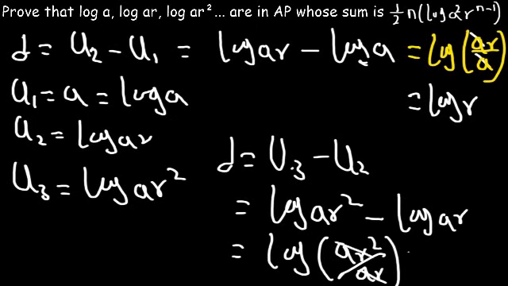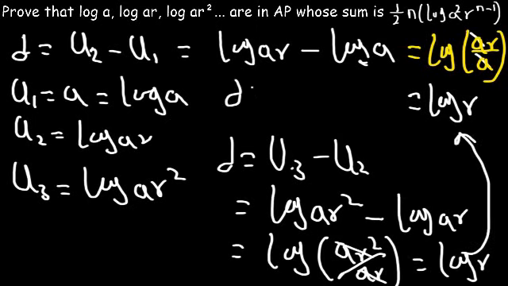So if ar cancels one ar, what we'll be left over is log of r. So therefore, a common difference exists. Then this is an arithmetic progression and not a geometric progression. Perfect. Now, having gotten this, we can